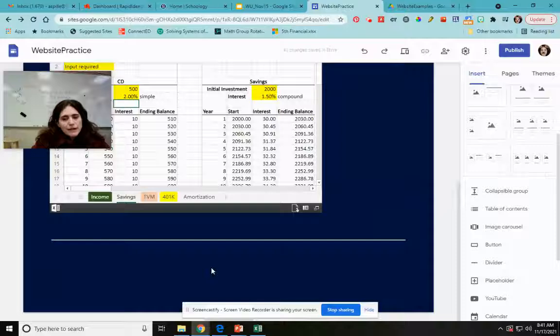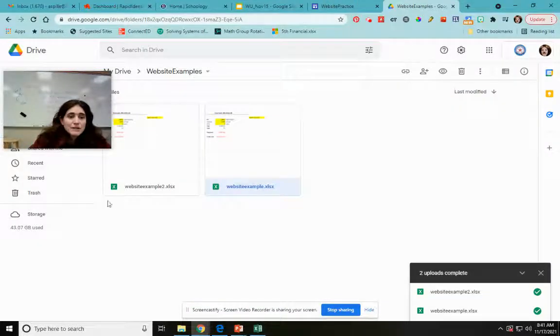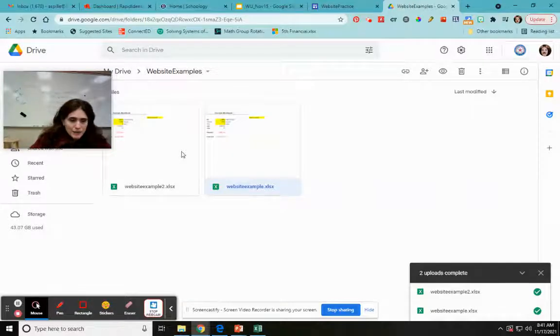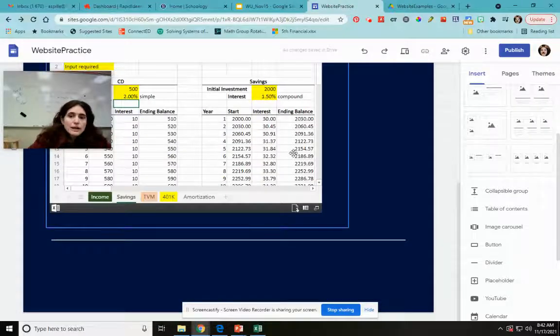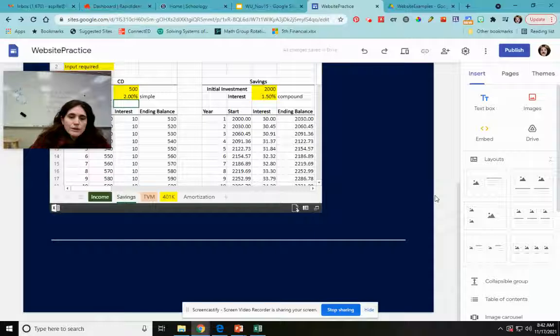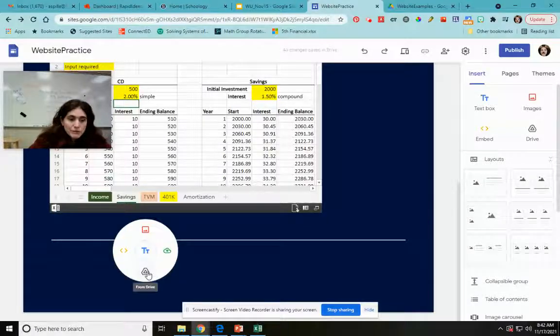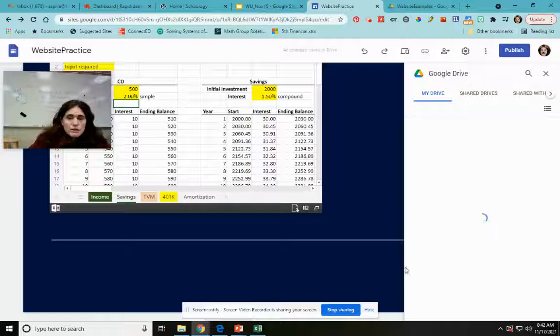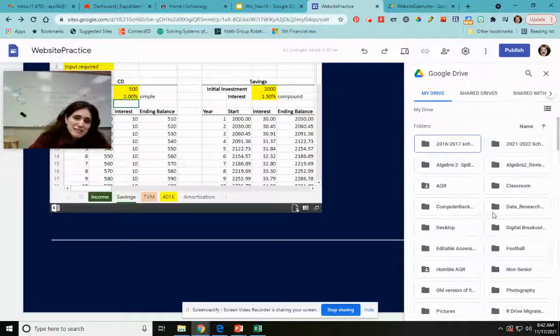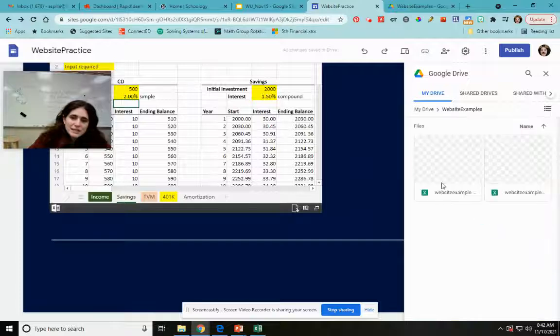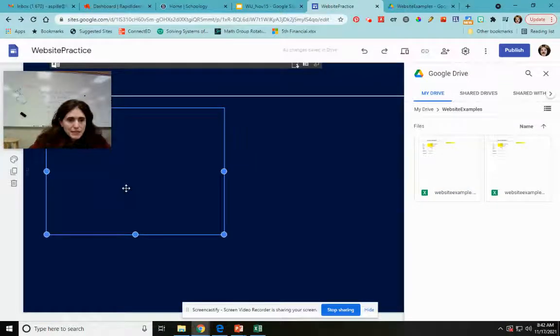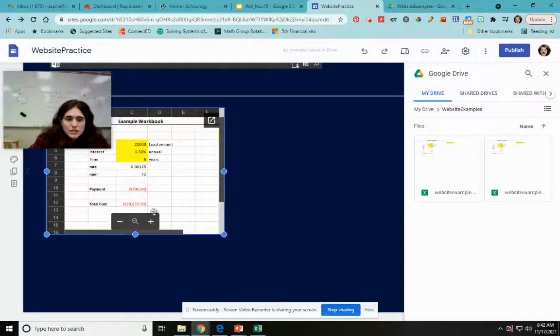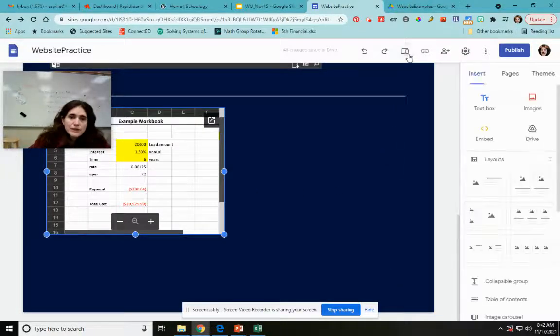The best way that I've found seems to be if I take my full version and save it to my Google Drive. So I have this saved in my Google Drive. I saved it twice because I was playing with it. Then I can do two things. I can go into my Google Drive and double click to put from Drive, and I can select that file. My Drive takes a minute. I have a lot of stuff. Okay, website example, let's say I want this one. So I double clicked it, and it puts in here just a little screenshot, but when I pop out into the preview,